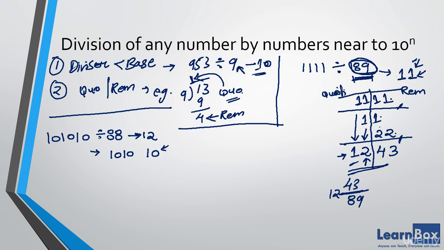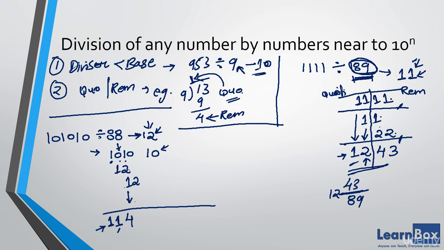Now the 1 here will come down as it is, so we'll write 1 here. Now we'll multiply this 1 with 12 here, which gives us 1 into 12 is 12. We'll write 12. Now this will go down, so 0 plus 1 is 1. Now again we'll multiply this 1 with the 12 here, so this will give us 1 into 12, again 12, 1, 2. Now we'll add this here. 1 plus 2 plus 1 is equal to